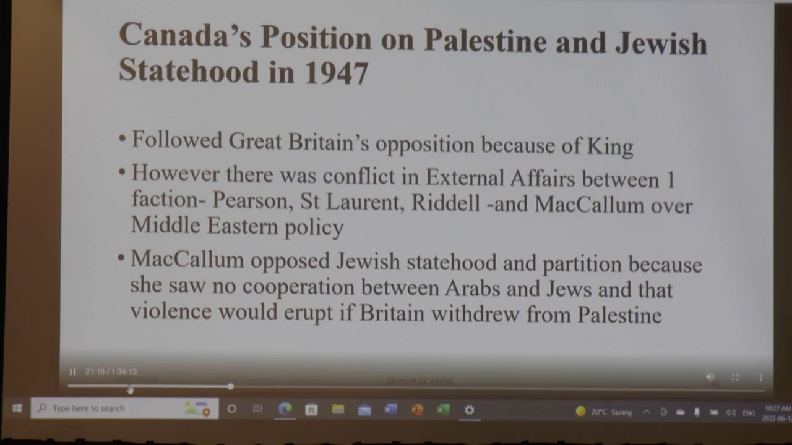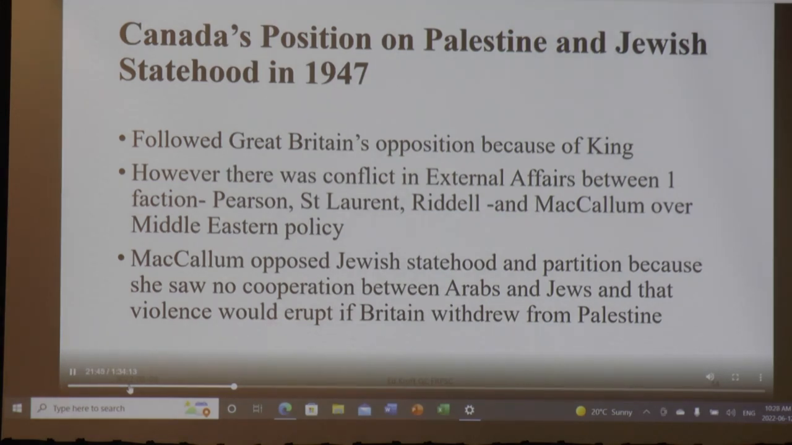Well, there had been a history in the Liberal Party of non-immigration to Canada. King had opposed Jewish immigration, in part with Fred Blair, amongst others, earlier on in his term as Prime Minister. But King was very much in favor of Britain's opposition to the creation of a Jewish state. But there was conflict as well in the Department of External Affairs between the various people who were there,